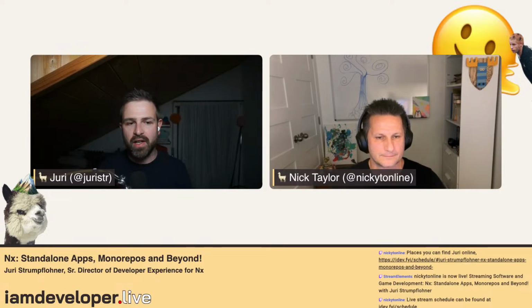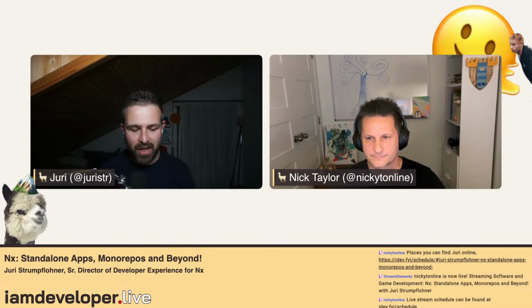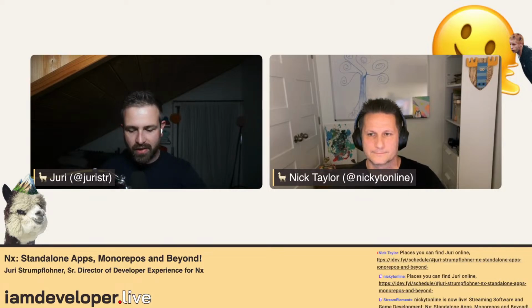So NX is basically a developer tool. It's based on a CLI tool. It is a CLI tool, right? And we have some extensions on top of it that make it easier to work with. But at the essential part, it helps you automate your code base and scale your code base. When you mention scaling, there are also monorepos around, because that's where you usually need faster builds, quicker builds, things like caching, parallelization, all that type of stuff. We came basically out of that monorepo space and then started expanding from there. We might jump a bit into it, like, as your title says, also standalone apps. We can briefly touch on that, and then expand from there and see where it can go.